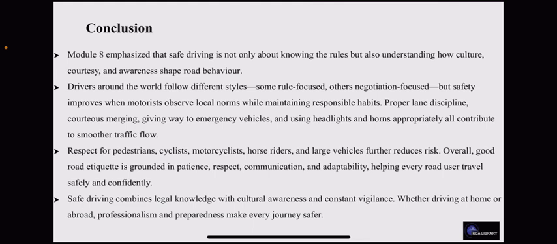It has also addressed the fact that you should give respect to pedestrians, and not only pedestrians but cyclists, motorcyclists, horse riders, and light vehicles. Overall, good road etiquette is grounded in patience, respect, communication, and